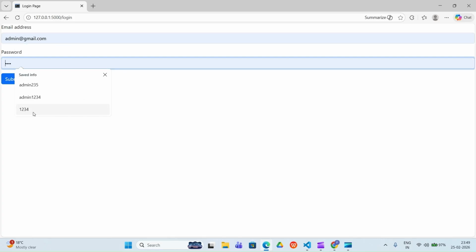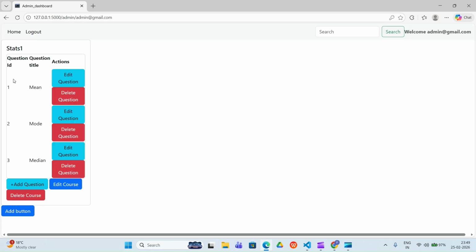We'll write 1234 and click on this, and now we are going to search for the stats 1 course. We'll write here stats 1, and when I click on search, it says no result found. Why does it say no result found? It should give us the particular result, right?